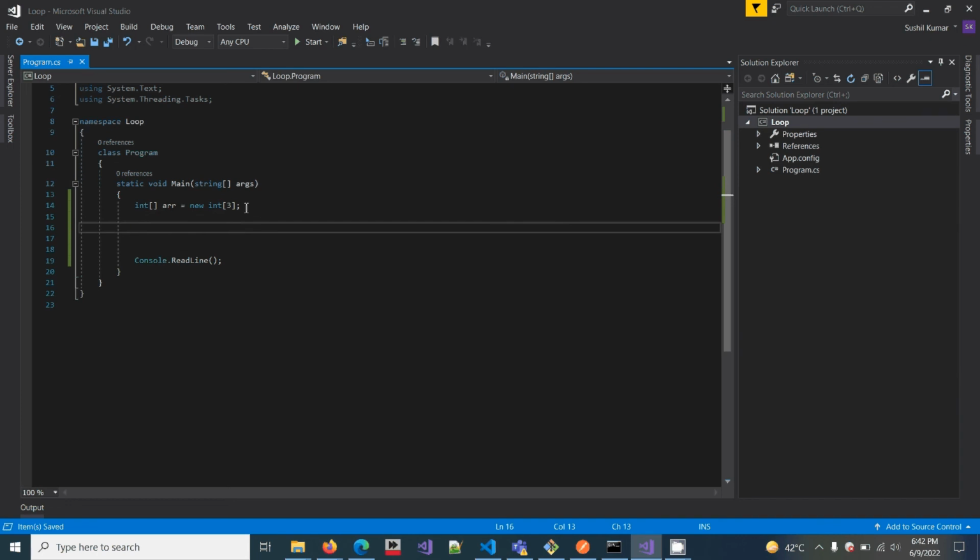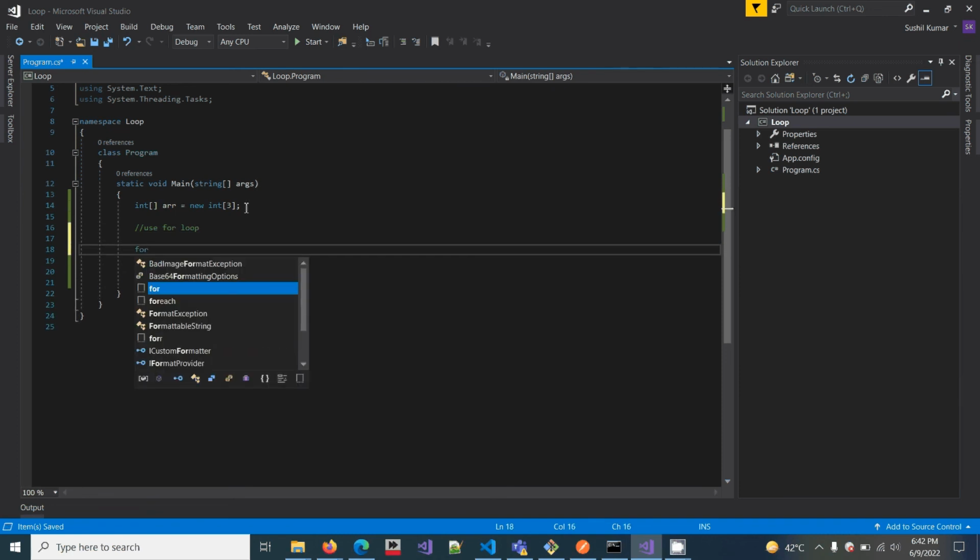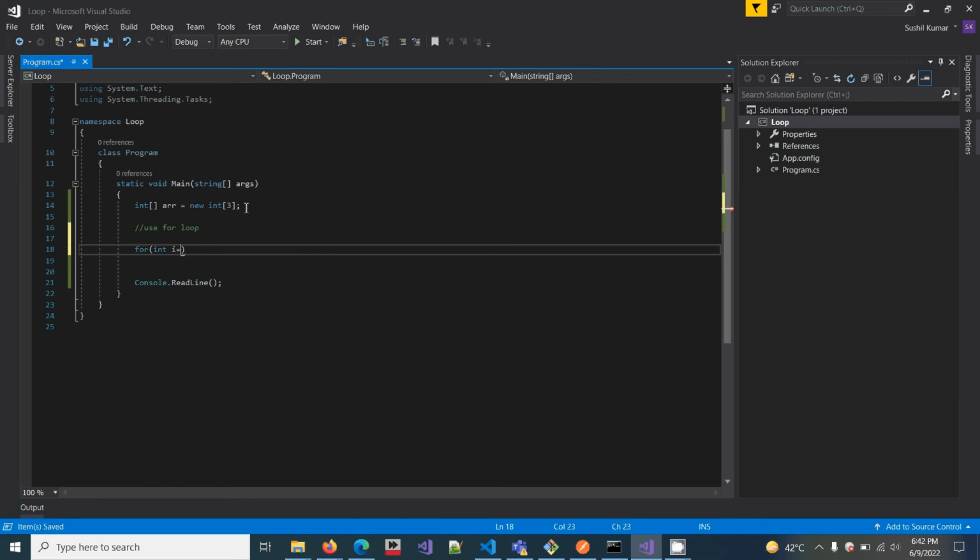First we use the for loop. The syntax of the for loop: for, initialize value like int i is equal to 0, then the condition check, i less than array dot length, then increment i plus plus.